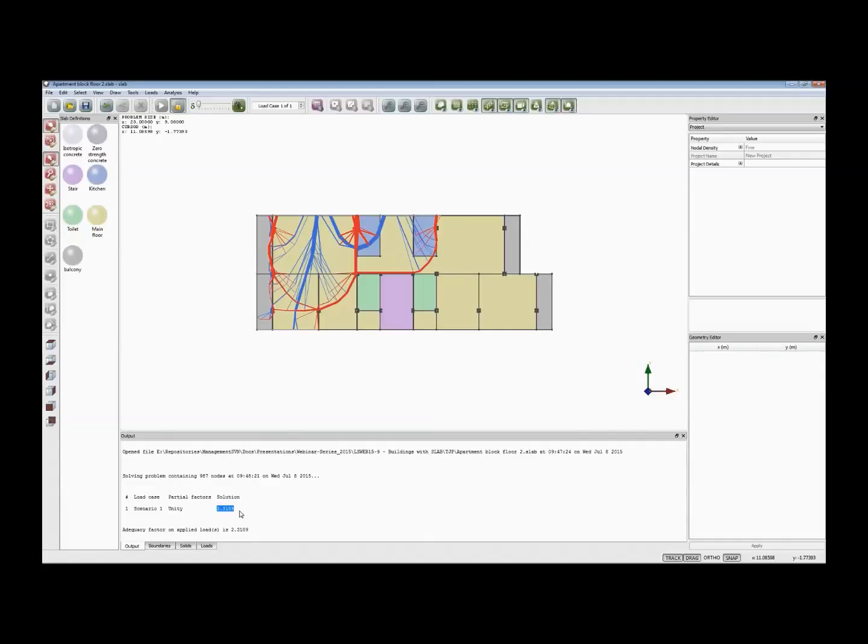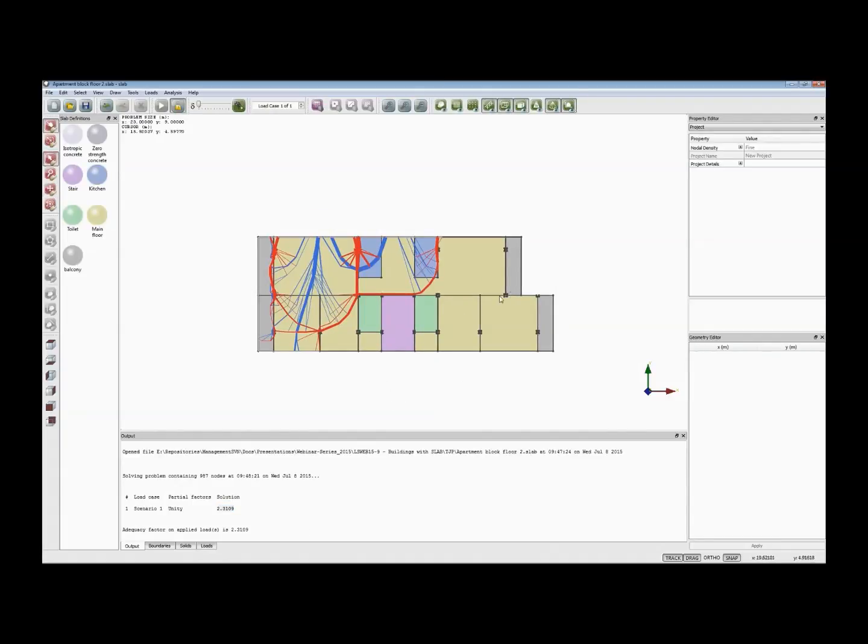the adequacy factor on the applied loading, and bearing in mind this is taken from a real example, we can see that the loading can be multiplied by a factor of 2.3 in this case, above the design value. So you can see that the slab actually has quite a lot of spare capacity within it to hold a different load. So maybe what somebody might want to do in there